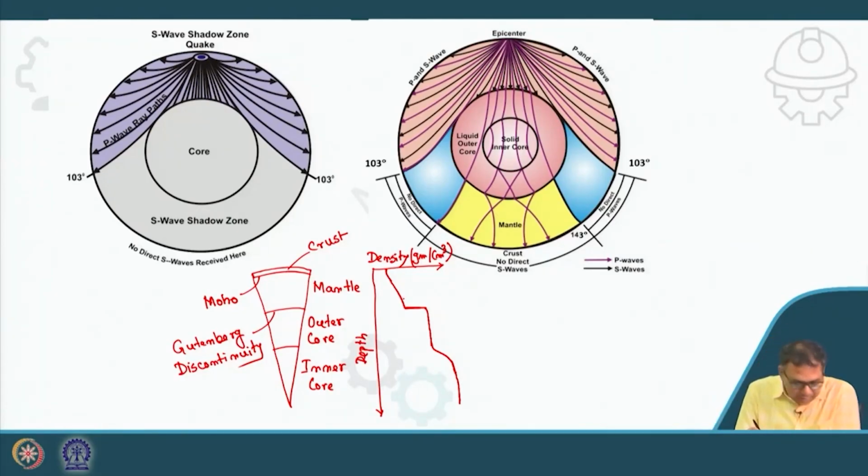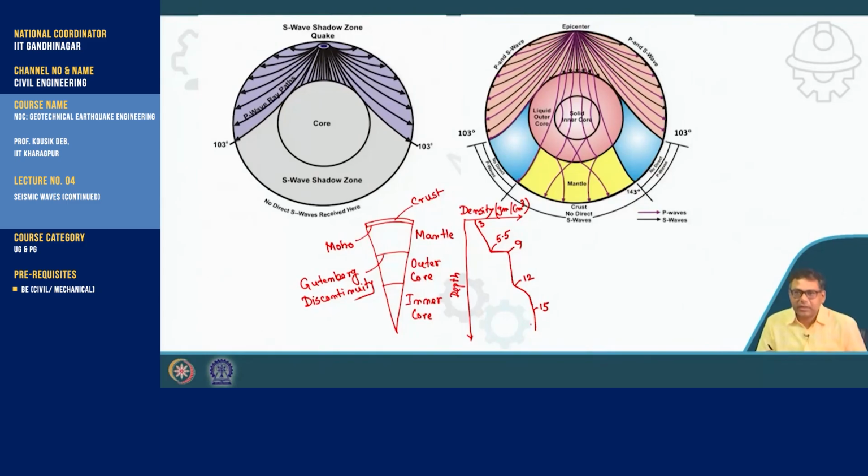Now the value will be around 5.5 gram per cc, this is 9, this one is 12, and this one will be around 15 gram per cc. So that means the density increases as you go deeper from the Earth's surface. It starts from around 3 at the crust, 2.7 to 3, and reaches 15 in the inner core, which is the densest layer of the